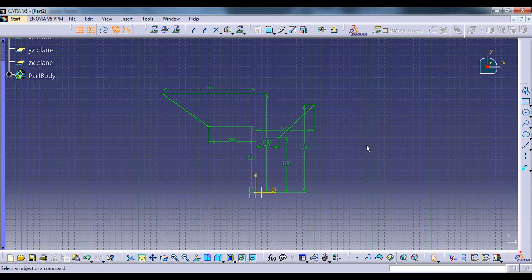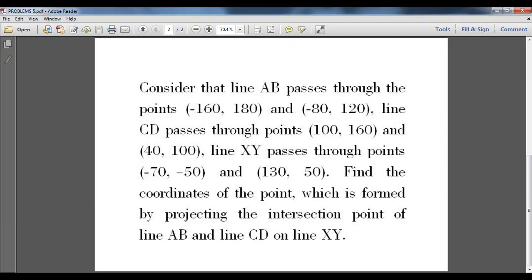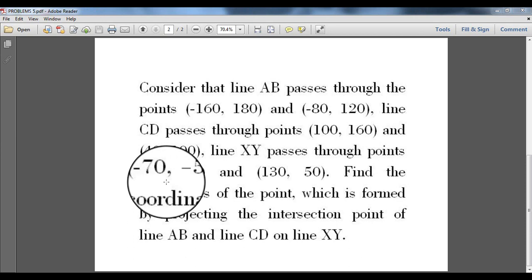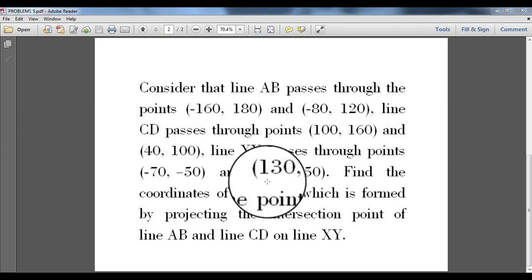So we will plot the intersection point of these lines. So I will select this command, that is intersection point command, and I will select these two lines. So intersection point has been plotted here. So next we will plot these points, that is -70, -50 and 130, 50.